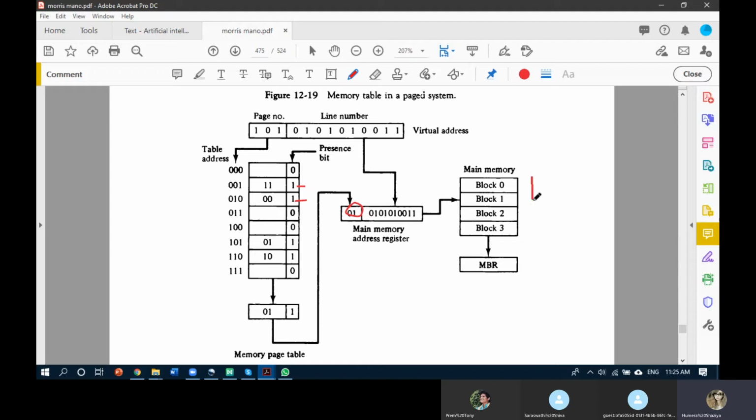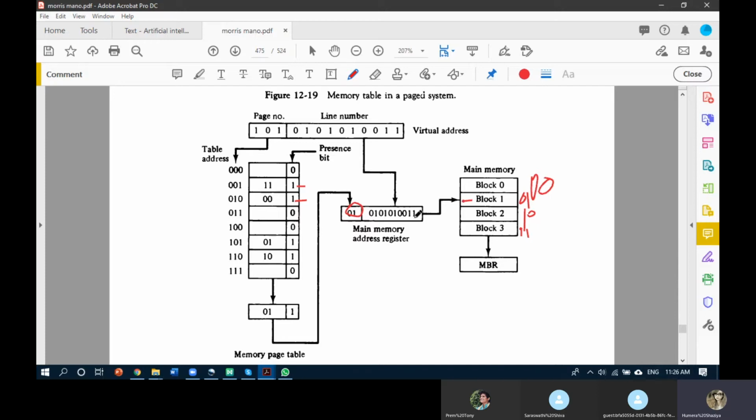First one is 0, 0. Second one is 0, 1. Third one is 1, 0. Fourth one is 1, 1. So when you want to refer to 0, 1, you are getting to this 0, 1 block, and this line